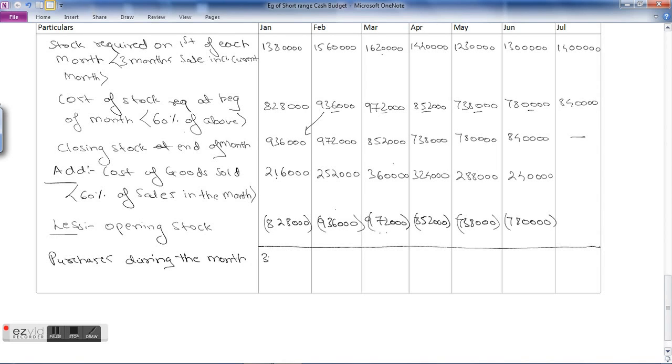So it comes to 3,24,000. Okay, then for the month of Feb it will be 9,72,000 plus 2,52,000 minus 9,36,000. So it will be 2,88,000. Month of March 2,40,000, 2,10,000, 3,30,000, and here it's 3 lakh. Okay, now